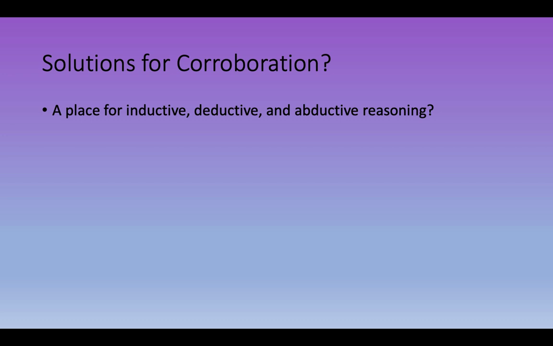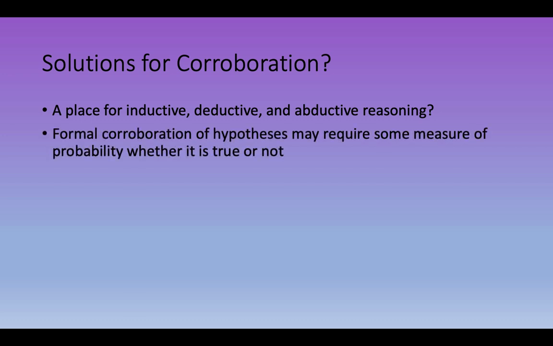I'm not strict on any one of these things. I think that these are tools that are all in our toolbox. We use them all the time as practicing scientists, right? We're not as philosophically rigid as maybe we have been in the past, but there are good reasons why, because we can see the limitations of taking any one of these approaches alone. So when we talk about corroboration of hypotheses, it may require some measure or assessment of whether or not we think one idea is true or not, right?